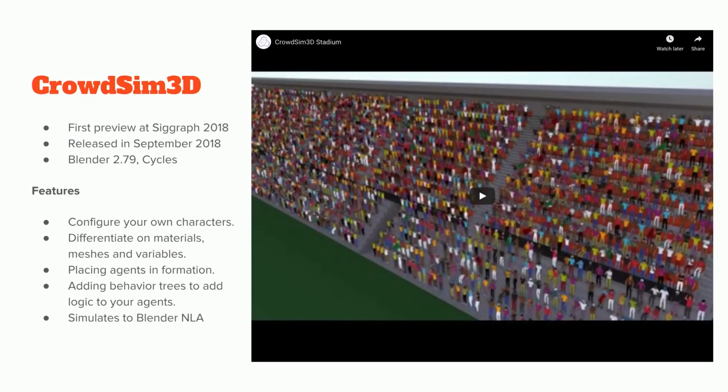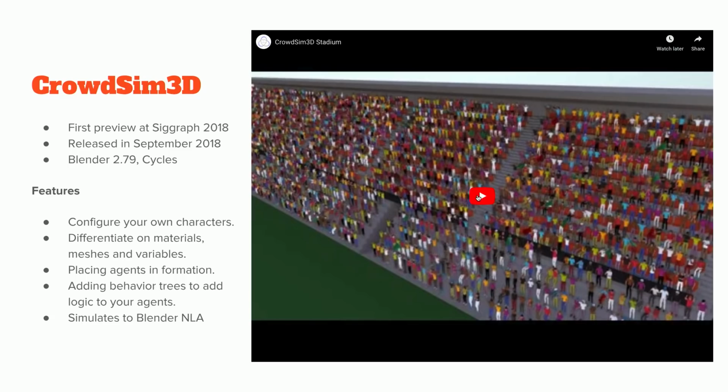Before I dig into the details of the crowd simulation, I want to show you a short video that presents the features of the crowd simulation. I do have to apologize. Sorry, the crowd simulation uses very basic characters and motions. That's not because of the crowd simulation, that's just a lack of my artistic skills.